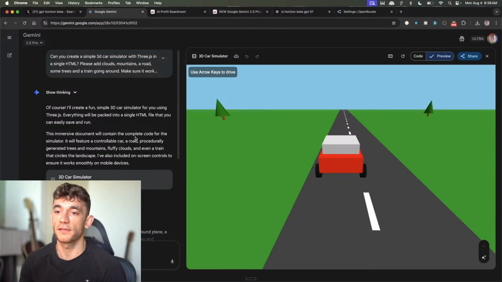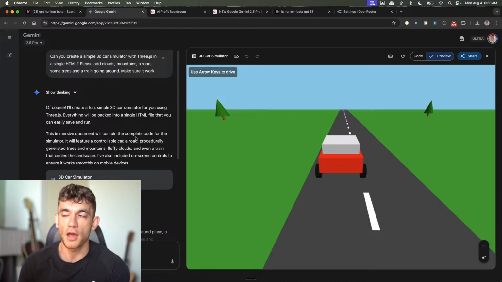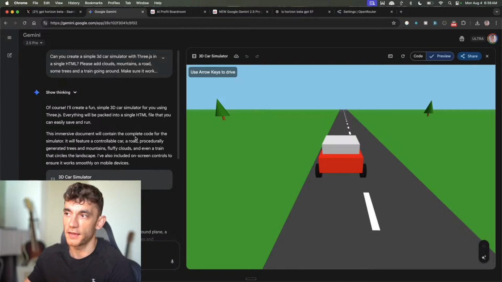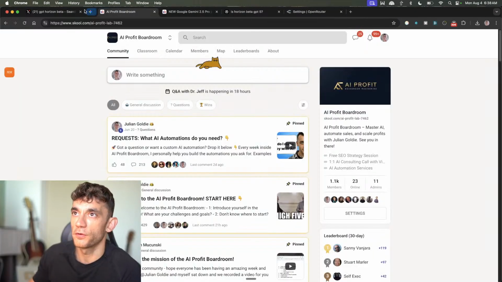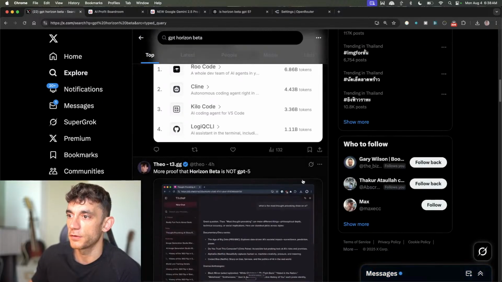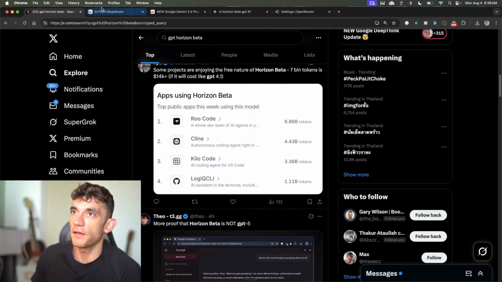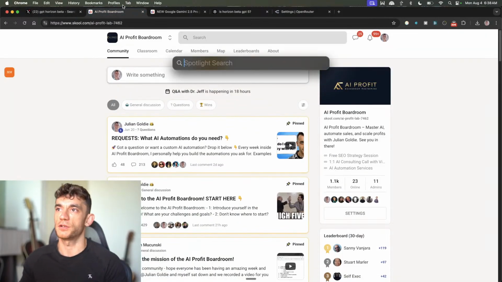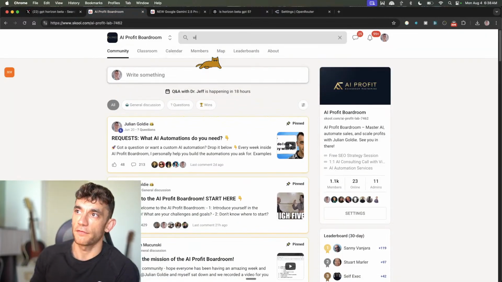I would honestly say that Horizon Beta is pretty average, right? It's failing on most of the stuff that I've tested with. It's definitely not a one-shot tool. It doesn't seem to be that good at reasoning and that sort of thing as well, so I just don't recommend it. Now, if you want to use this inside, for example, Visual Studio Code, we do have a bunch of